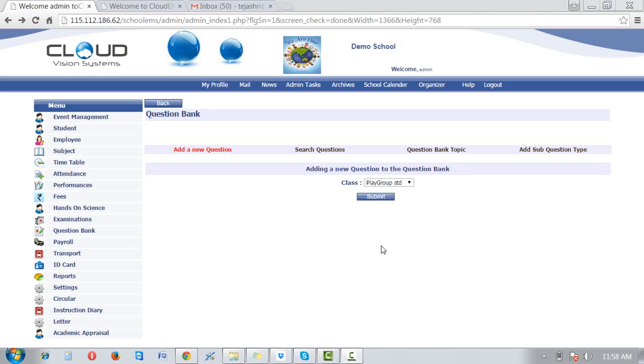Yes, now we'll move to the question bank module. In question bank, we prepare the questions for generating a question paper from the system. Now we have to make sure that there are many types, like monthly and daily, and teachers have their own login and can prepare this question bank.